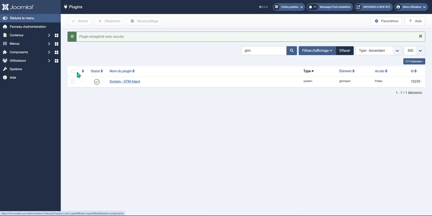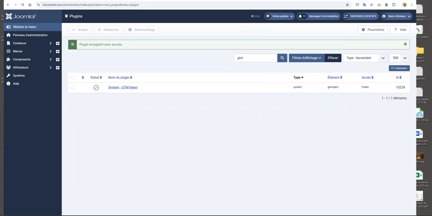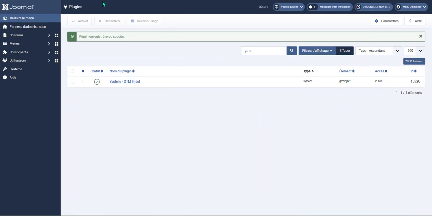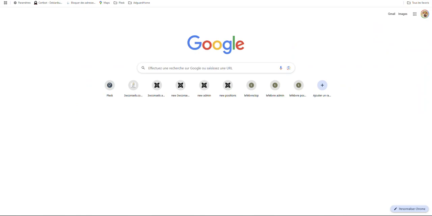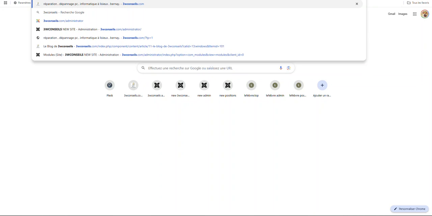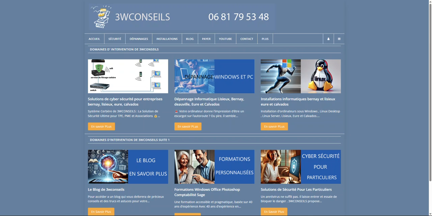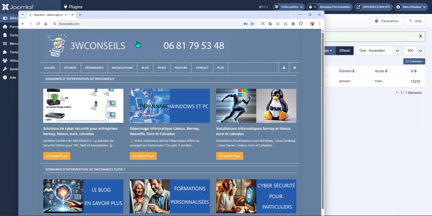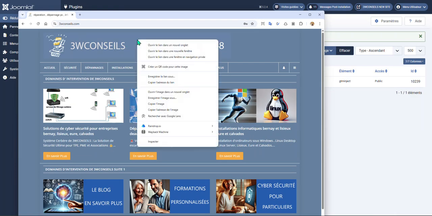Then you can verify on your internet site. I will go to my internet site. Voilà, je vais aller là. Here you can see, if you click on afficher la source,